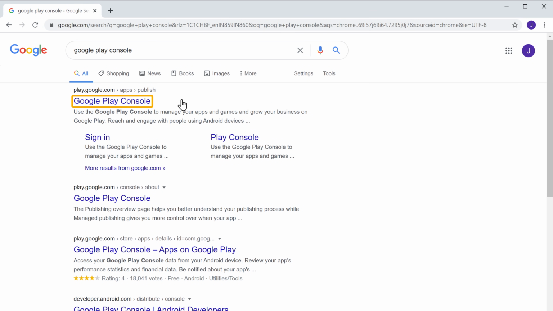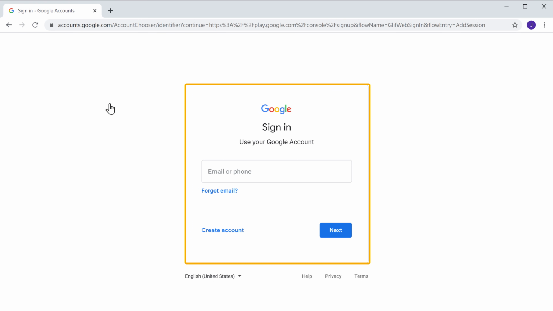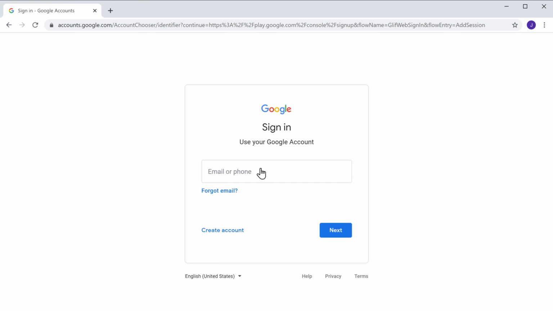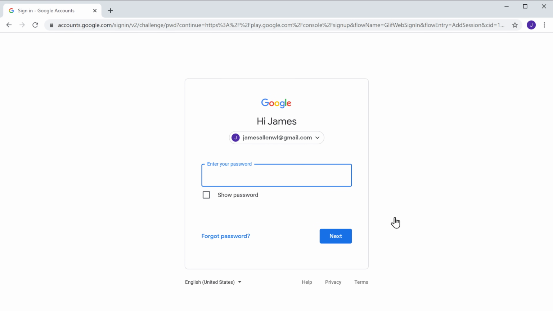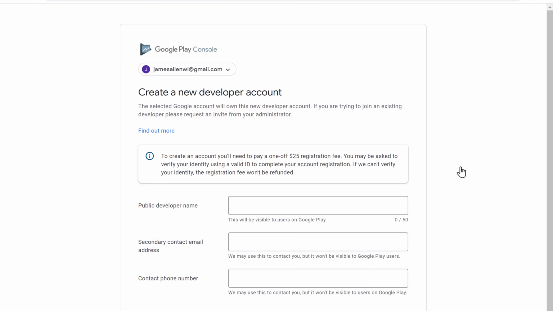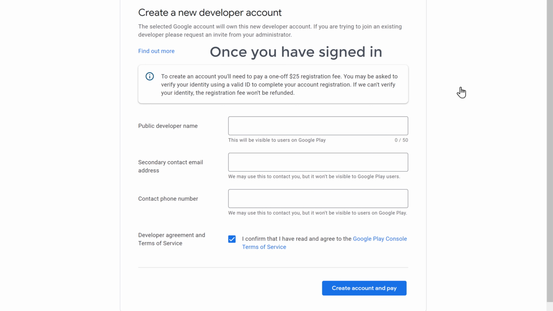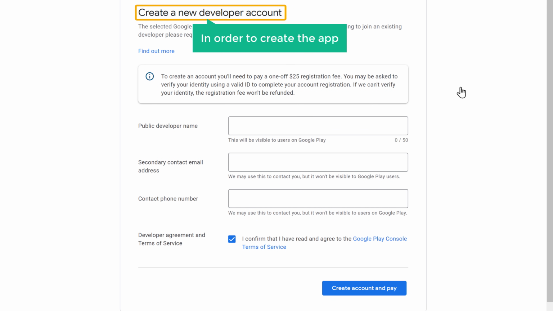Now click the first link and then sign into your Google account. Once you have signed in, you need to create a developer account in order to create the app.